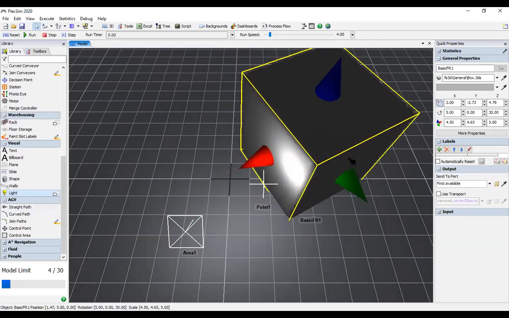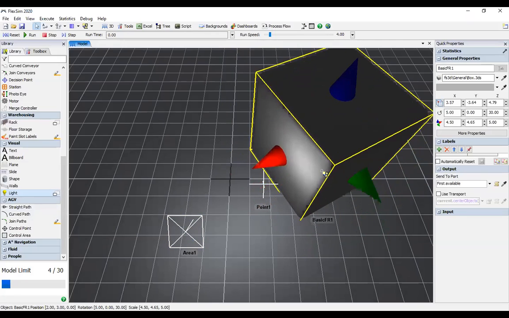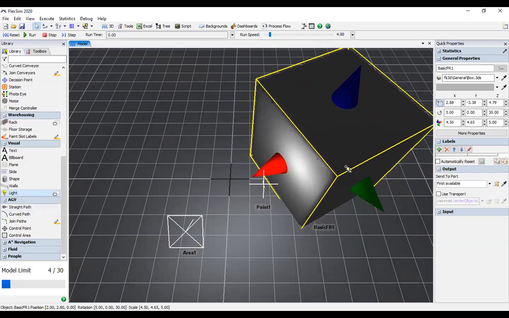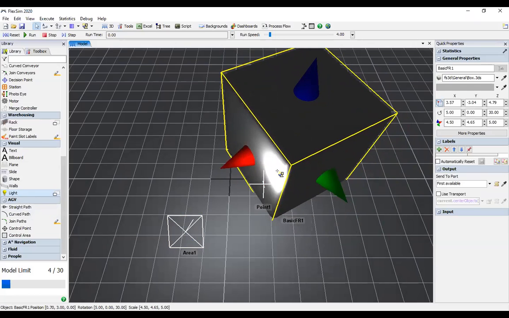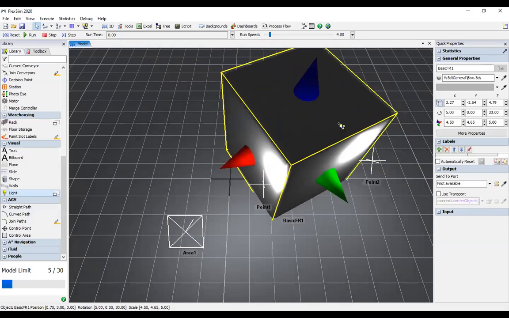You can check your light source also here, with respect to the z axis, and you can check your coordinates.